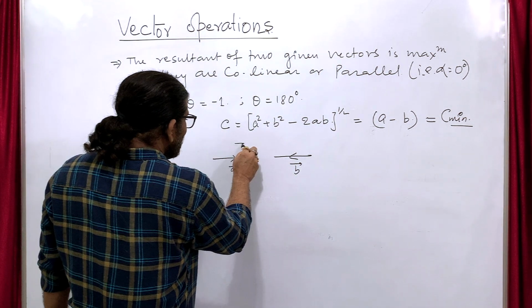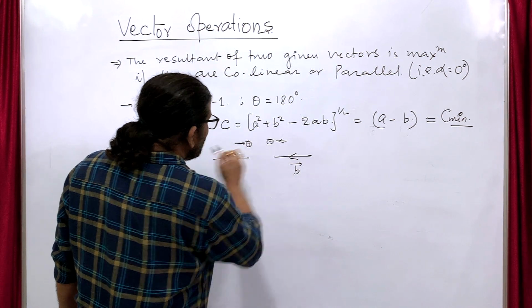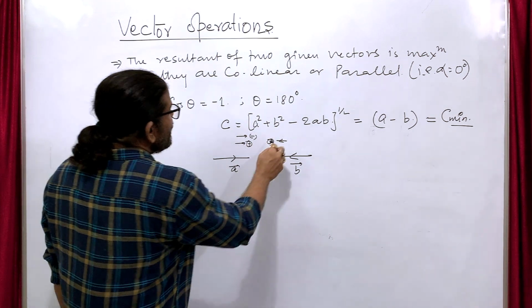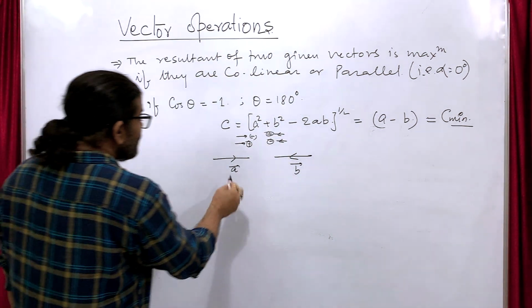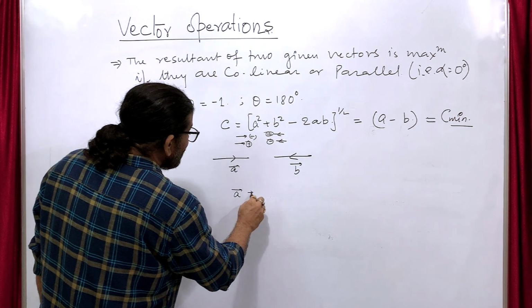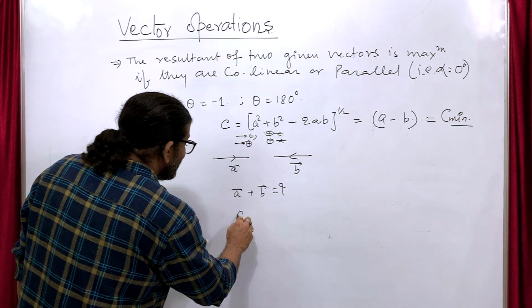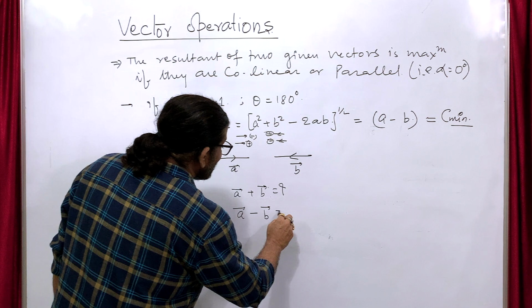If we take this direction as positive, then automatically this direction will be negative. If you take this convention as negative, then automatically this will be positive. So if somebody asks for vector A plus vector B, then we will write vector A. If we take this as positive, then this has to be taken as